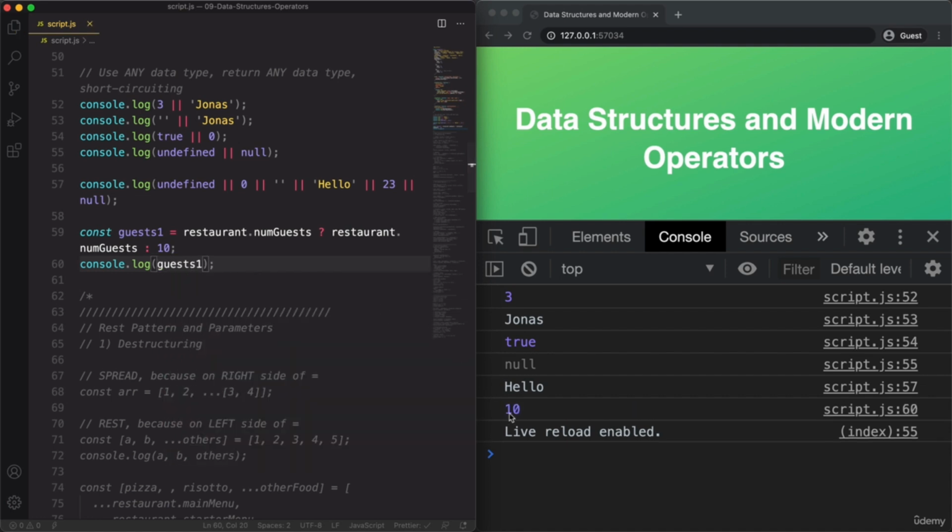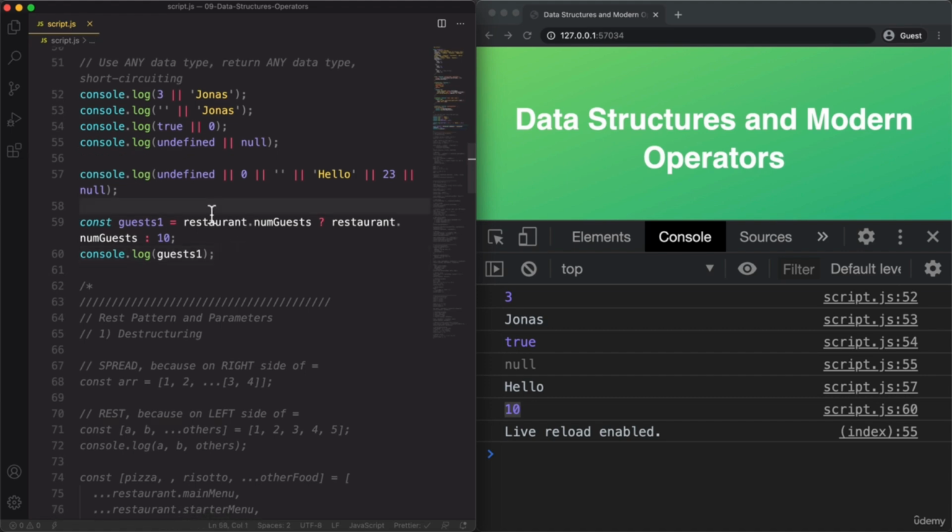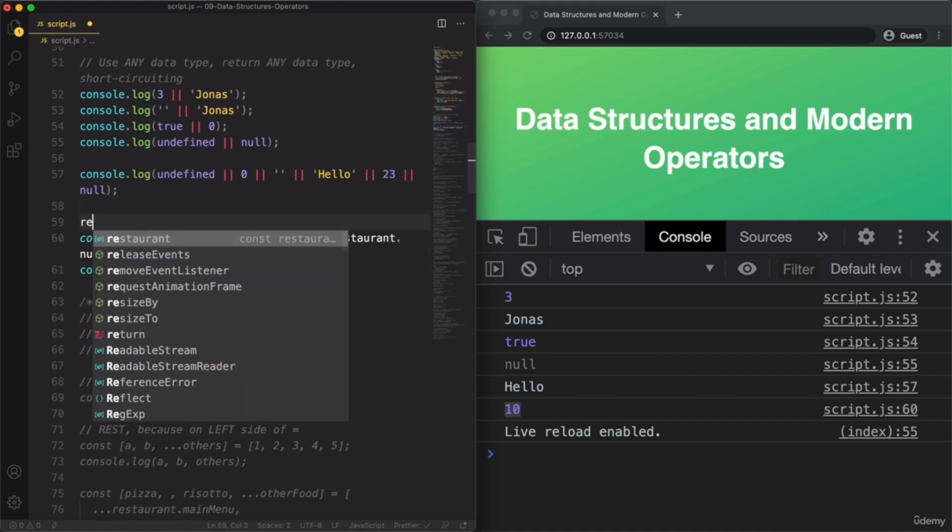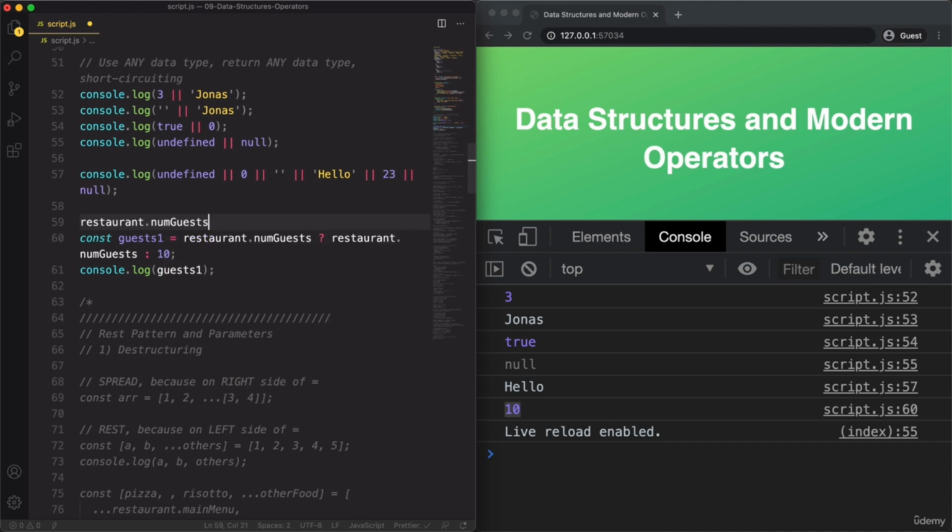And so you see that now it is 10. And so that's because restaurant.numGuests doesn't exist. So this is undefined. And so therefore 10 will be the result of this ternary operator. Okay, but now if we do set the property like this, for example, to 23, then guests1 is going to